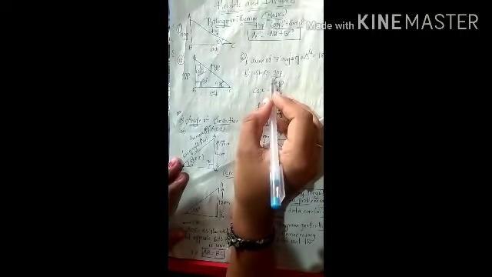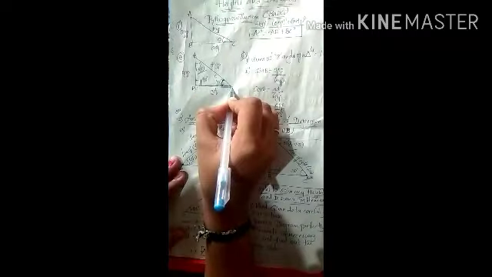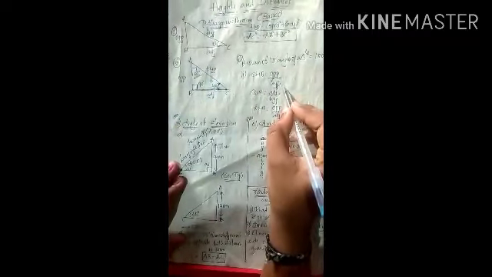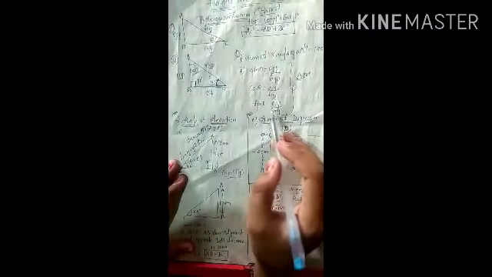We know that sine theta equals opposite by hypotenuse. This is my theta, okay, 40 degrees. I took this as my angle. When I take this as my angle, this is the adjacent side and this is the opposite side. Sine theta equals opposite by hypotenuse. Next, cos theta equals adjacent by hypotenuse and tan theta equals opposite by adjacent side. These three are very important. Sine means opposite by hypotenuse, cos theta means adjacent by hypotenuse and tan theta means opposite by adjacent side.